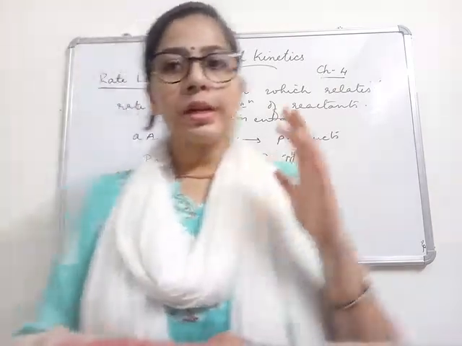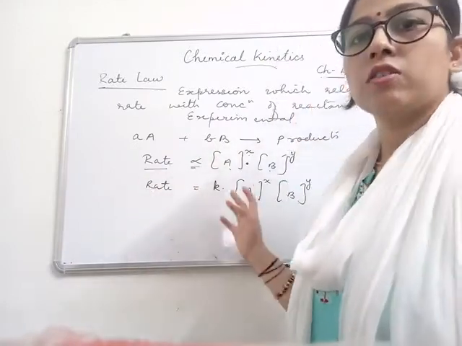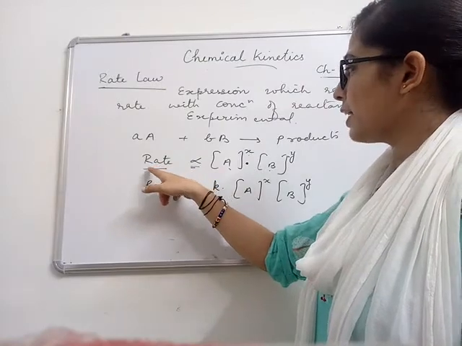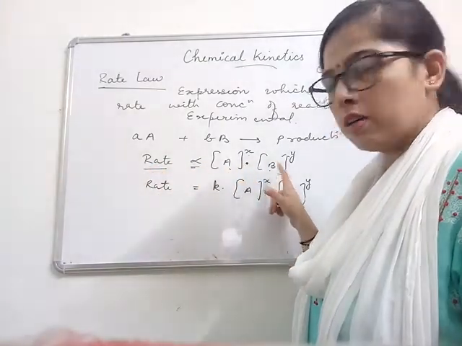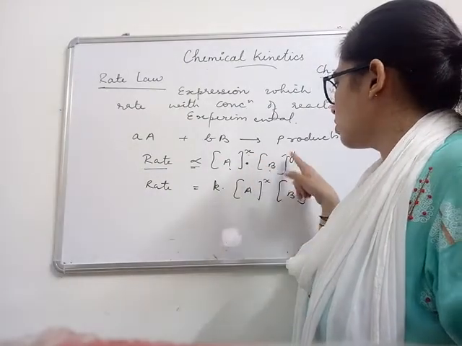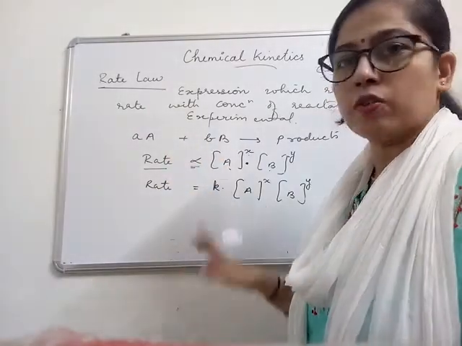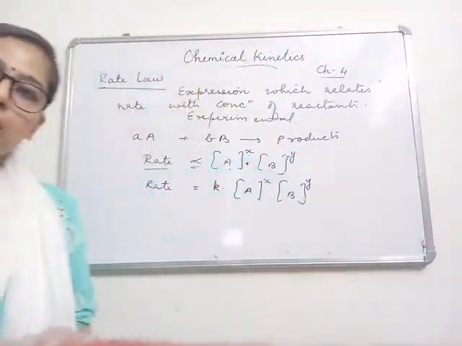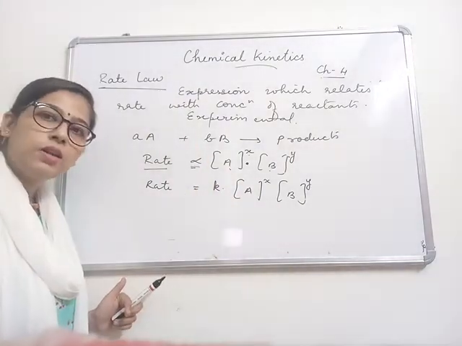रेट लॉ एक एक्सपेरिमेंटली डिटरमाइंड एक्सप्रेशन है जो रेट और कॉन्सेंट्रेशन टर्म को कनेक्ट करता है, और ये डायरेक्टली दे रहा है कि रेट इज प्रोपोर्शनल टू द प्रोडक्ट ऑफ द कॉन्सेंट्रेशन ऑफ द रिएक्टेंट, वेयर ईच रिएक्टेंट इज रेज्ड टू सम पावर विच मे और मे नॉट बी इक्वल टू इट्स स्टोइचियोमेट्रिक कोएफिशिएंट. हो सकता है और नहीं भी हो सकता है. ये एक्सपेरिमेंट पे बेस्ड है, तो हर एक के लिए अलग अलग आती है, और रिएक्शन के लिए हो सकता है ये इसके इक्वल हो सकता है ये इसके इक्वल नहीं हो.